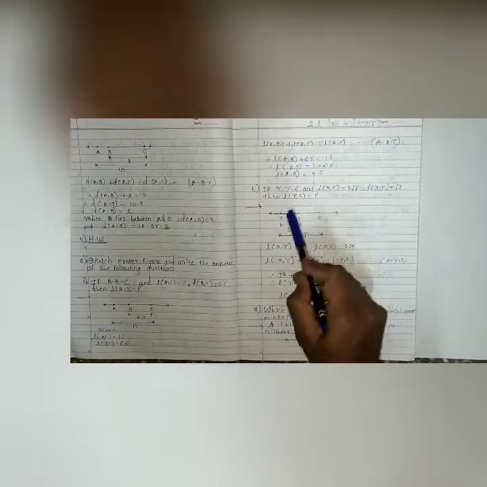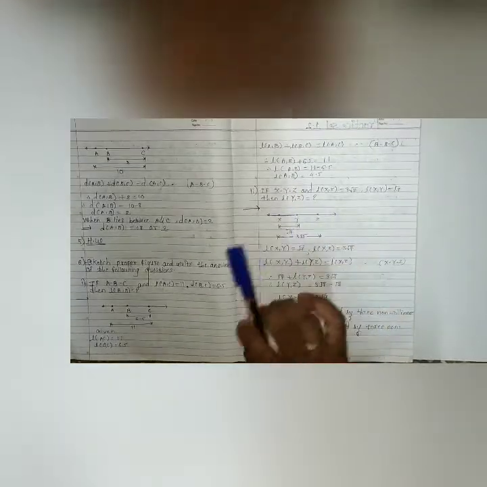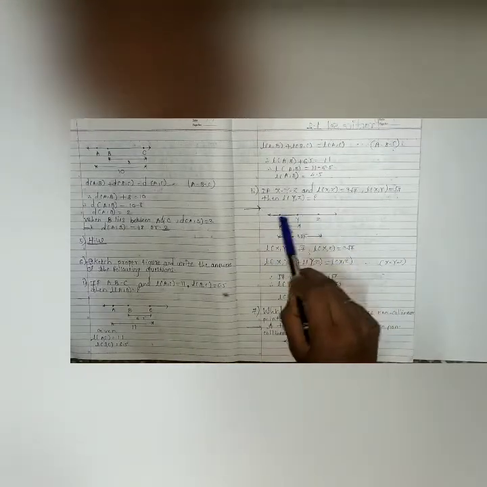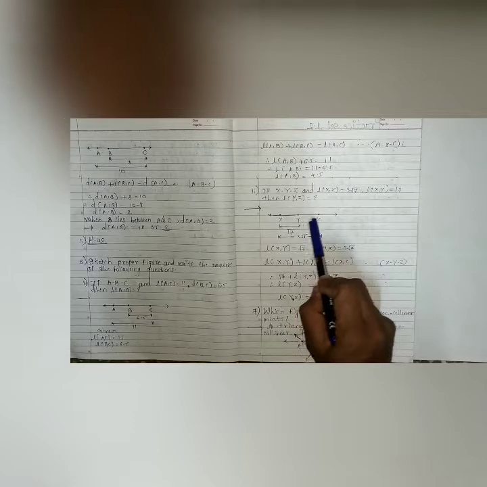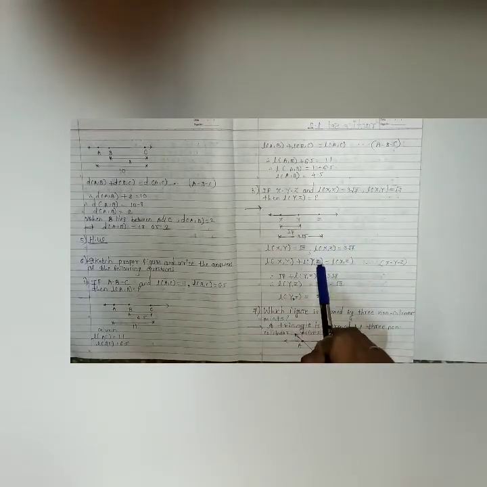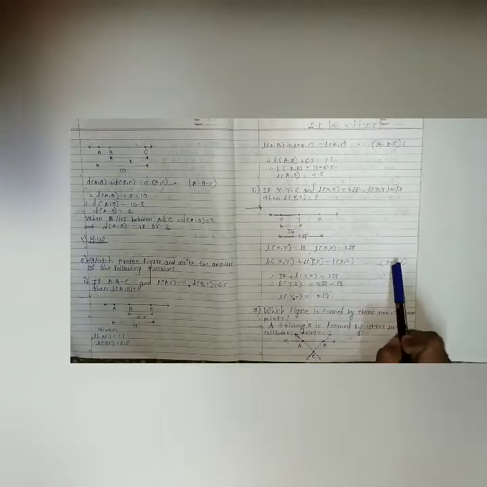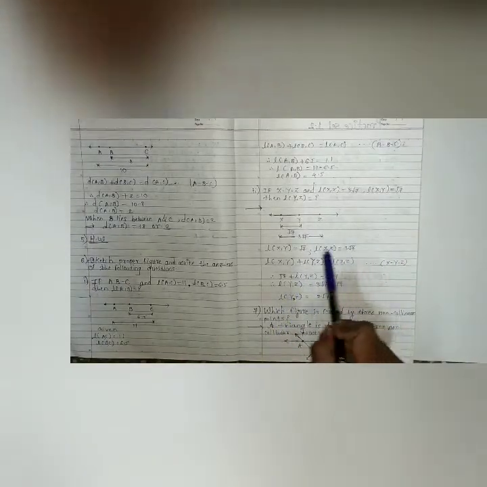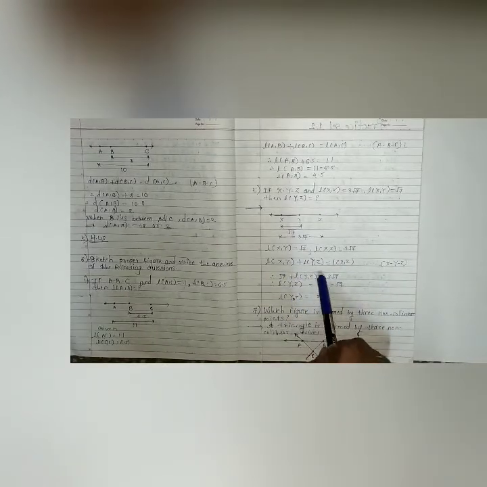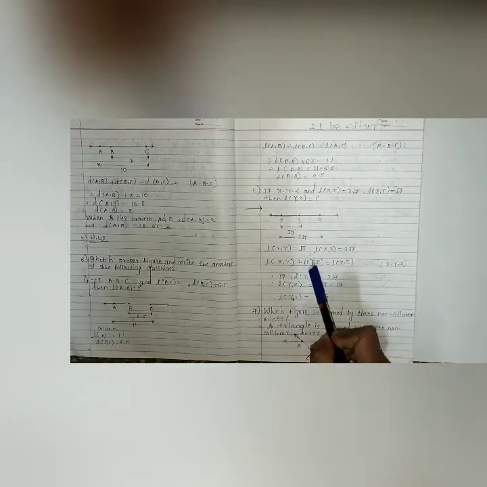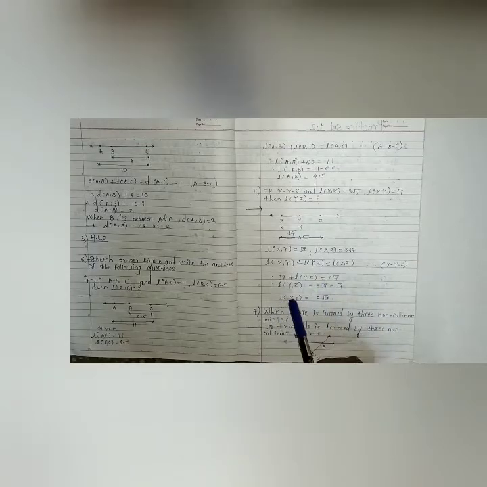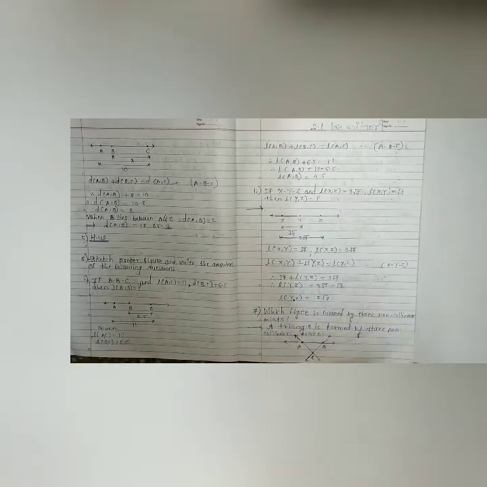Y is the middle point, therefore in the figure X and Z are the end points. Given the information, length of XZ is the addition of length of XY and length of YZ. Therefore length of XY plus length of YZ is equal to length of XZ, because Y lies between X and Z. By substituting the values, we get root 7 plus length of YZ is equal to 3 root 7. Length of YZ on this side, plus root 7 on this side, minus root 7. We get length of YZ is equal to 2 root 7.